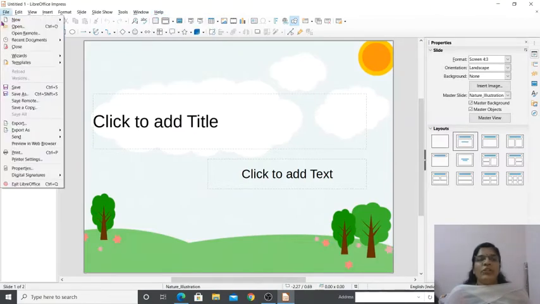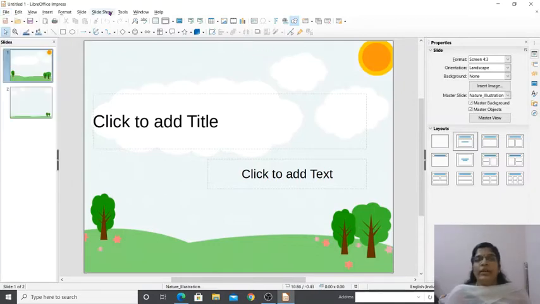Then after the menus you can see the toolbar. Two rows of toolbars are here. The first one is the standard toolbar, and the second one is called the formatting toolbar. And this is the work area. Here we are going to type our content and create a slide. On the left side is the slide pane. Whatever slides we are creating, you can see the thumbnails in the navigation pane on the left. Currently there are two slides, one, two.